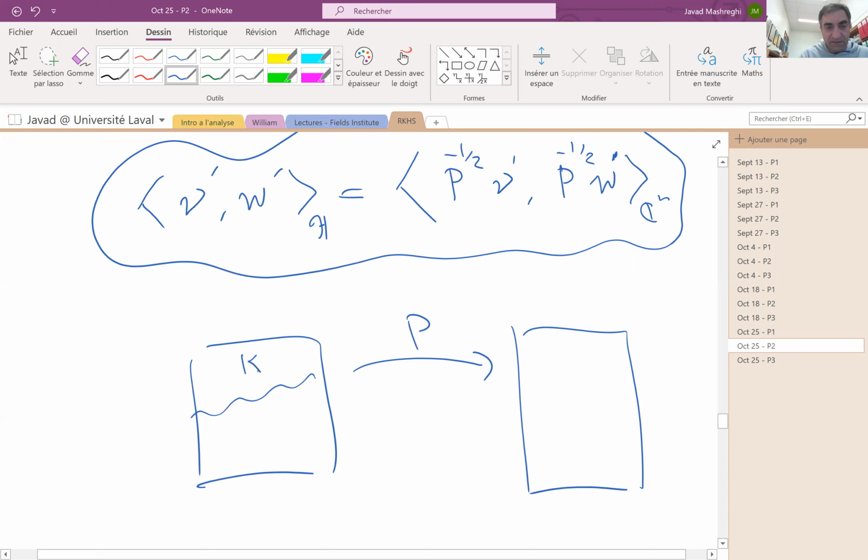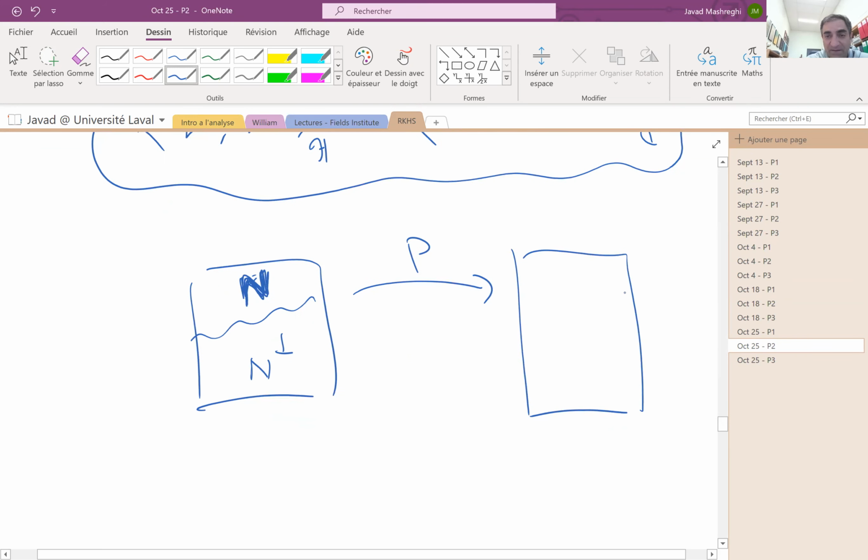Assume that this is the kernel. I write it N for P. And even in the book, the authors were cautious to call it null space, not kernel, because we will mix it with the other kernel that we have here. So if we consider the null space and its complement N perp, then